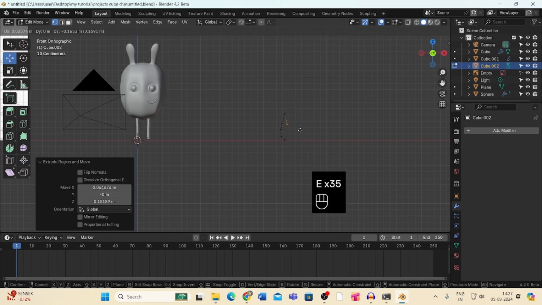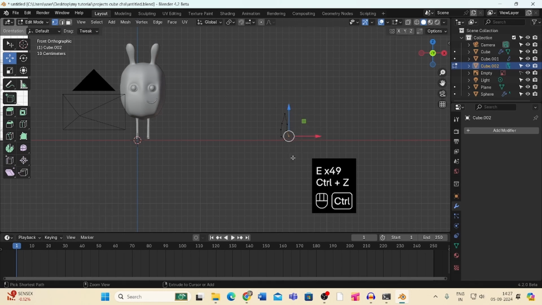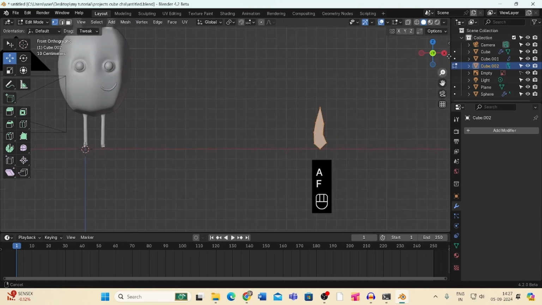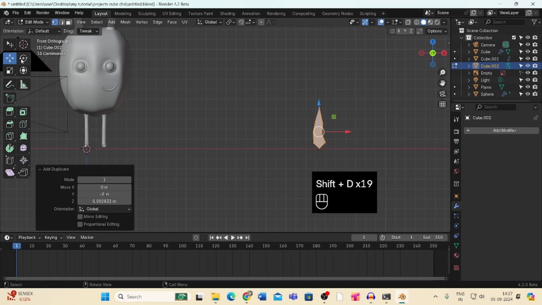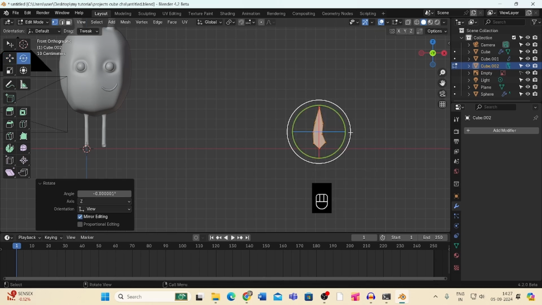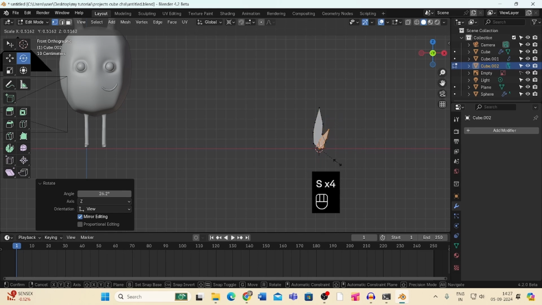Now create a grass shape, and join it. Press A and F to fill it. Shift D to duplicate and rotate it. Choose the 3D cursor and place it here. Now rotate it, scale it,